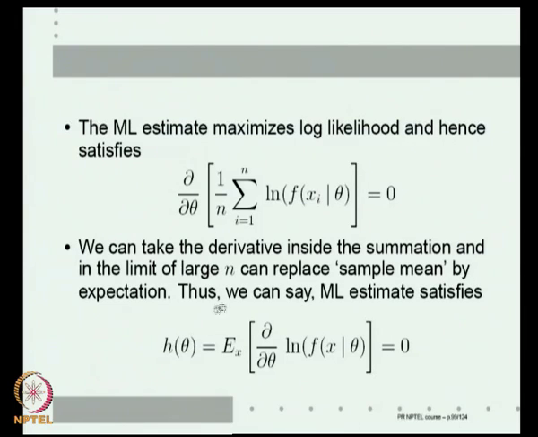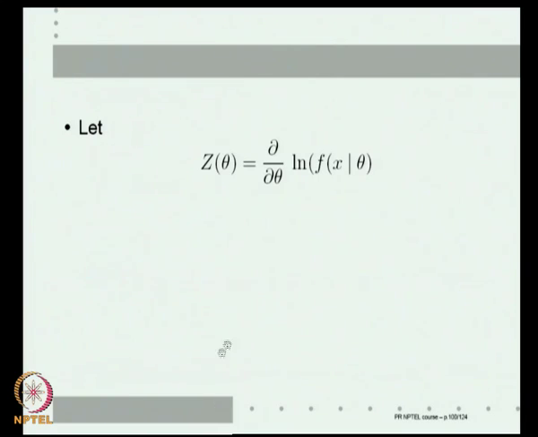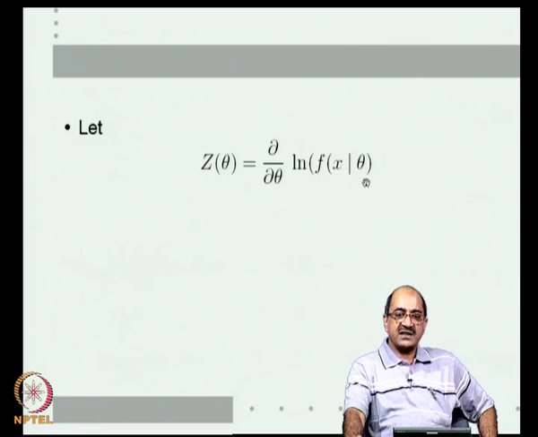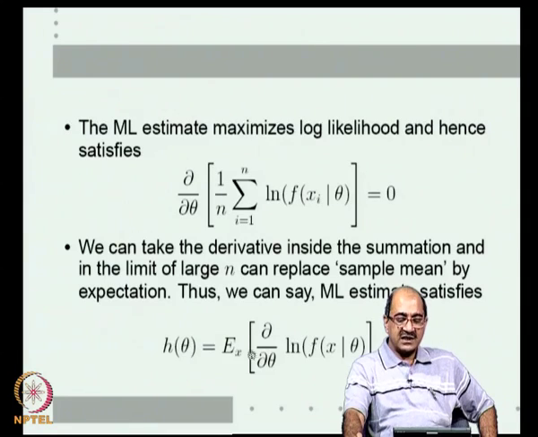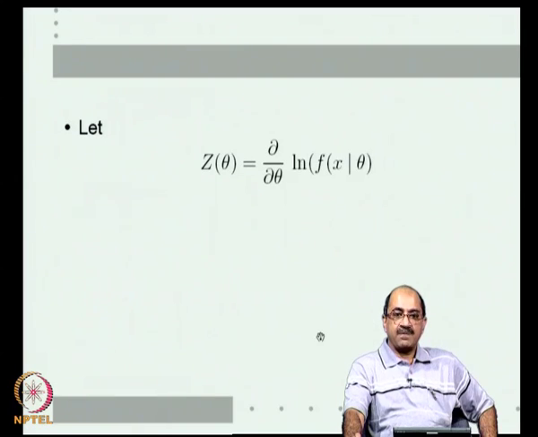Let us call this expectation a function, because the expectation is only a function of theta. Let us call that function h theta. So, the ML estimate satisfies h theta equal to 0. Now, let us define z theta to be dou by dou theta of ln f of x given theta. That is what is inside the expectation. Because x is random, z theta is a random variable, right. So, z theta is random,